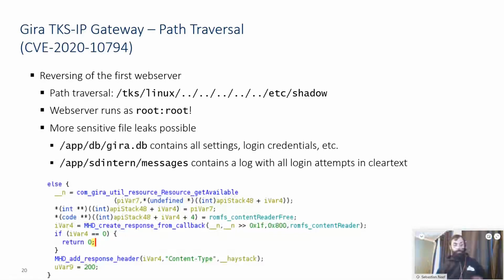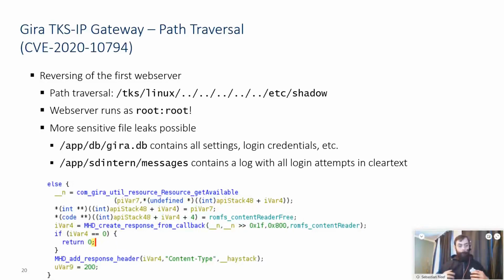But the first configuration issue was that the initial web server, which redirects you to the main application web server after you type in the IP address, was bound to port 80. And to bind to port 80, you need to be root. So this initial web server was running as root.